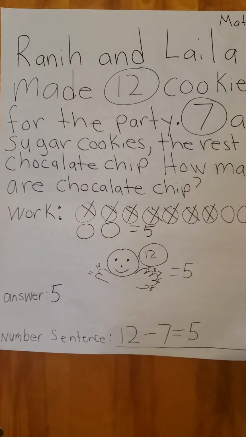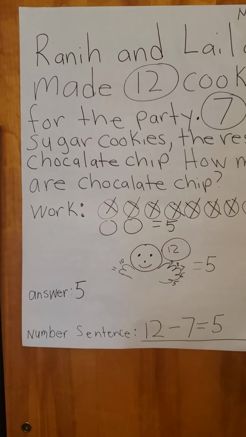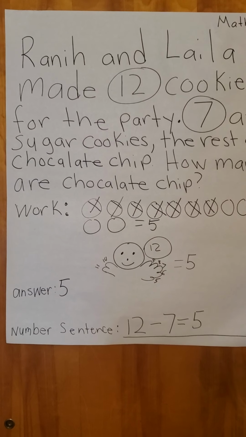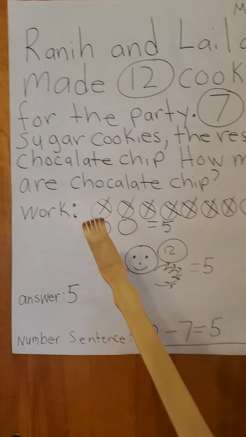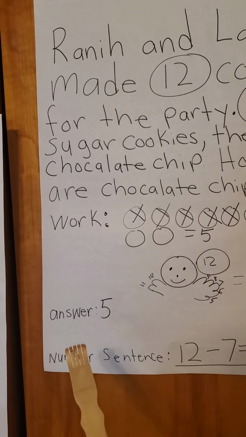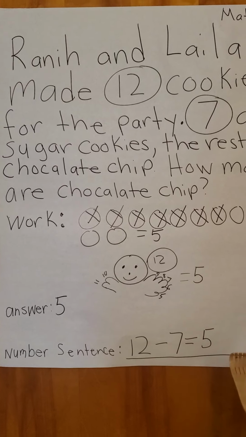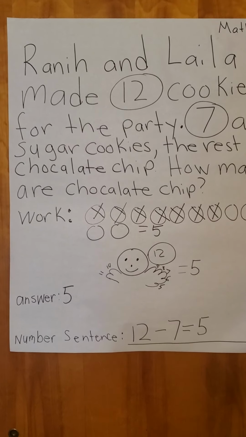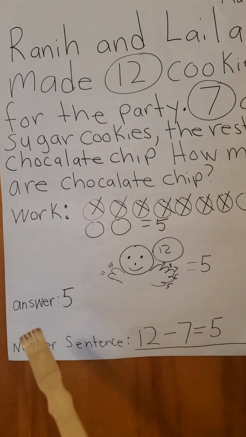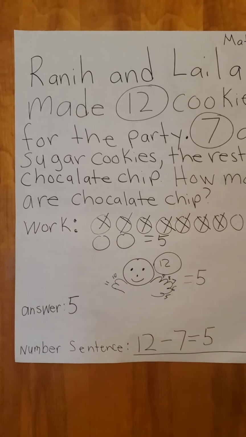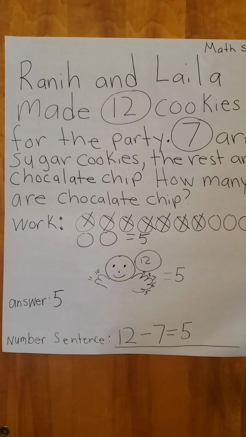And boys and girls, when I give you a math story, it has to be done this way, because whenever you take your standardized test, they always have a place for you to show your work. They always have a spot for you to put your answer. And then at the bottom, they always ask you to put a number sentence. So if you turn in a math story and it's missing either the work, the answer, or the math story in that order, I always take away points if you notice.